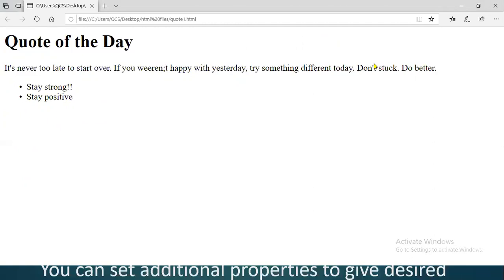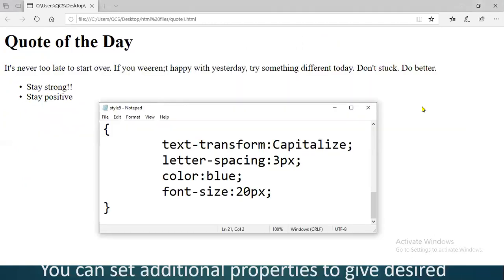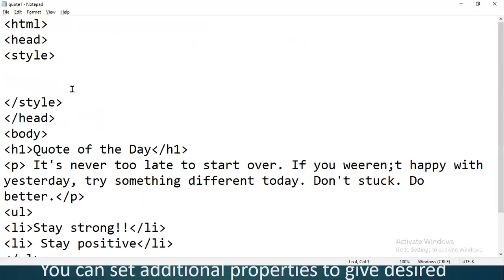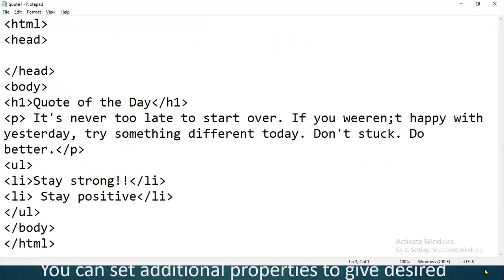Now we are supposed to link our CSS with our HTML file. For this, we'll start the link tag, type is text/css, and after this we have a relation.